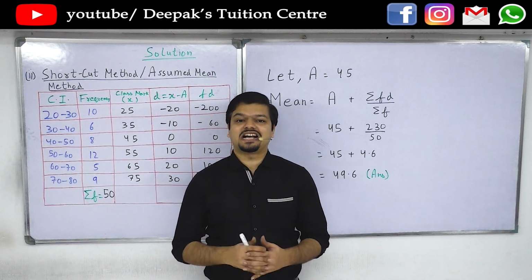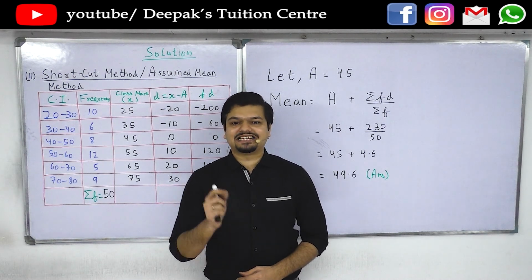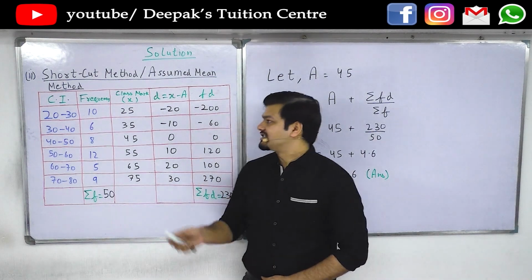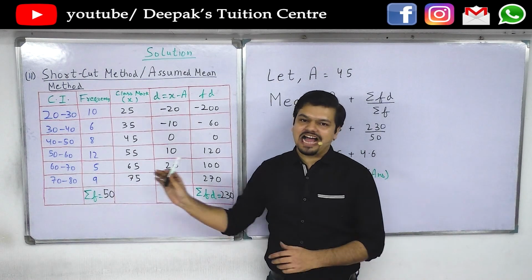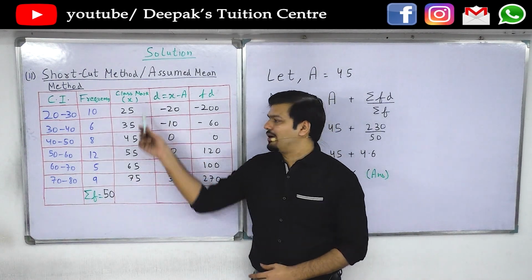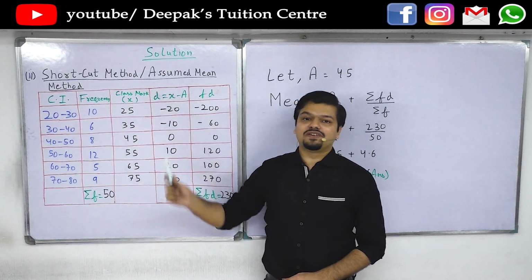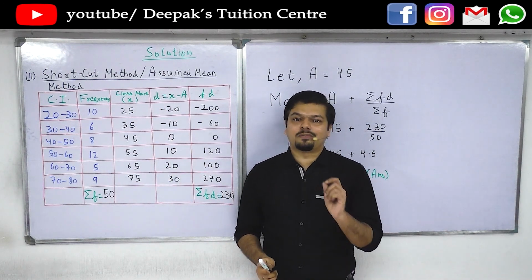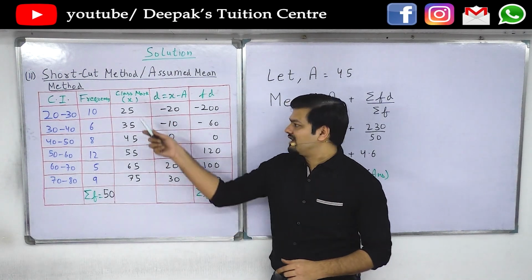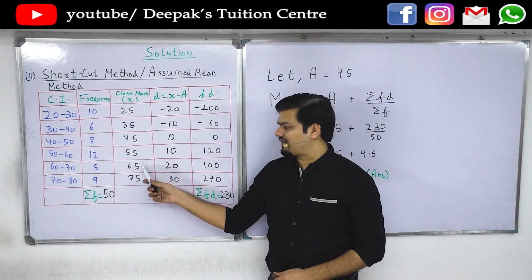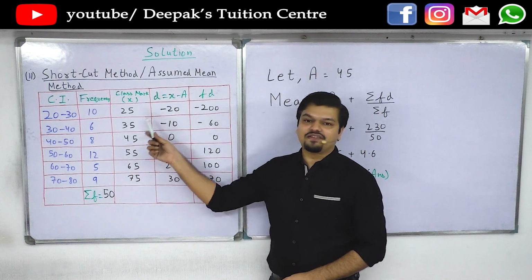The next method is shortcut method. It is also known as assumed mean method because we will first assume a mean and then calculate the actual mean. So first we'll copy the question and then we'll calculate x marks as we calculated in direct method. So we know how to calculate class marks. Now from the class marks, we will assume a certain mean, always from the class marks. So the best way to assume is to take the middle value. But here there are 1, 2, 3, 4, 5, 6 rows. So therefore the middle value will be 45 and 55 both.